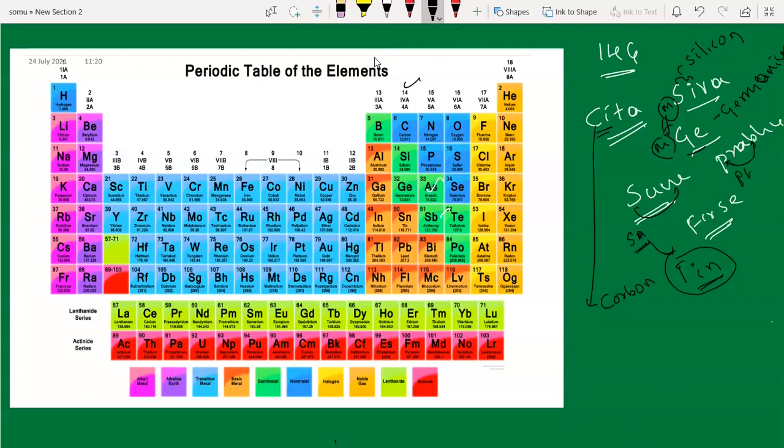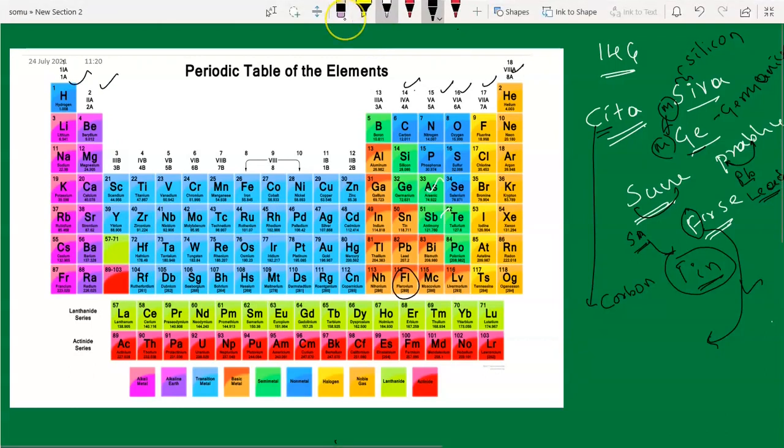Pb, remember this, it is lead. Symbol different, name different, lead. Okay, and then Fl, if you remember it that's fine, if not that's also fine. Okay, so this one you can take this number, Fl name. I hope you remember this. Take a screenshot of it. Okay, so we have done with the 18th group, 17th group, 16th group, 15th group, 14th group, and we are also done with the first group and second group.